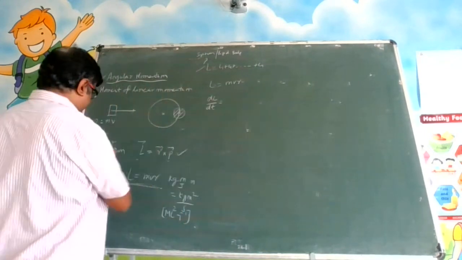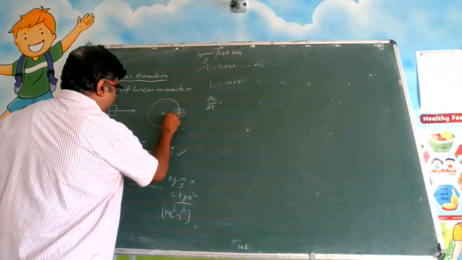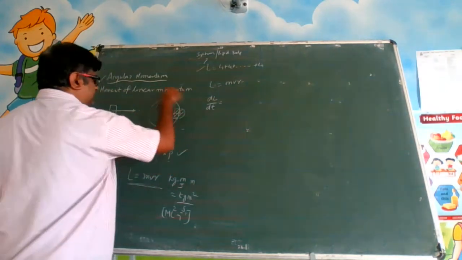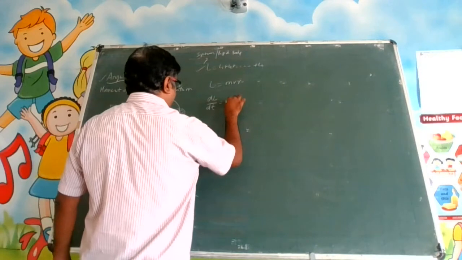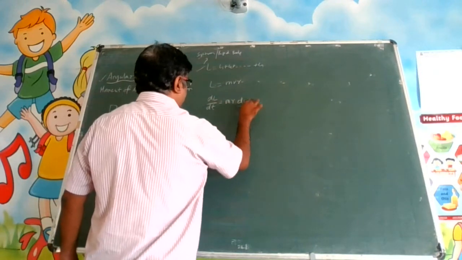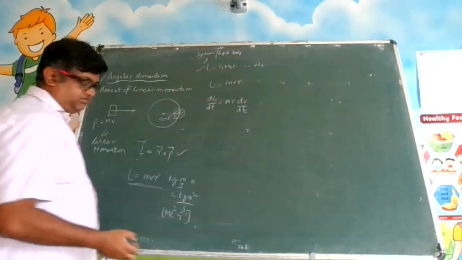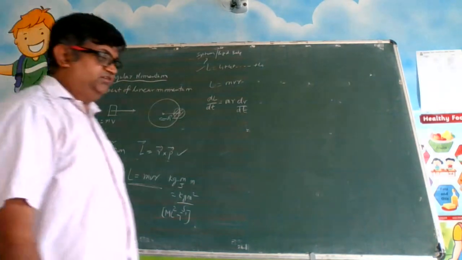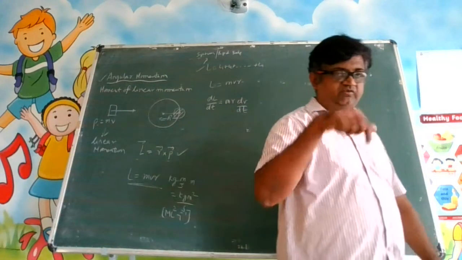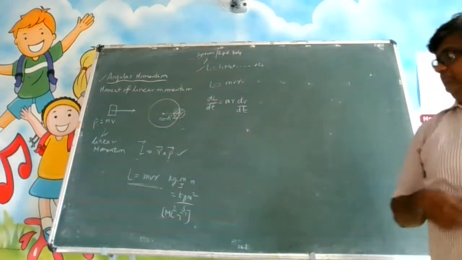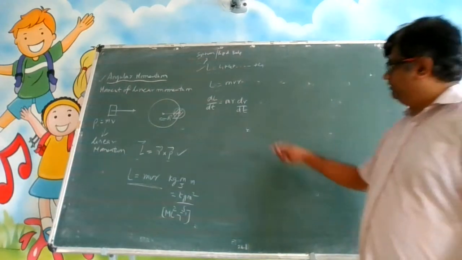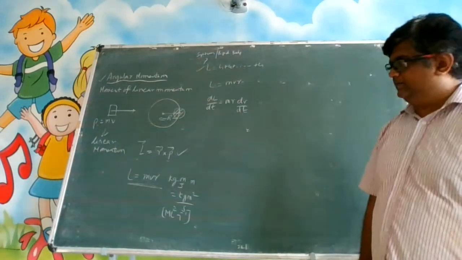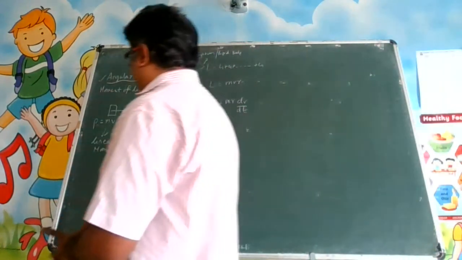Here, what is constant? Here r is constant and v can be changing. So we will write this as m into r into dv by dt. Can I write it like this? Suppose it is going in a fixed path, like in a circular fashion. Then you have this radius and mass fixed. At the maximum, the velocity may change.